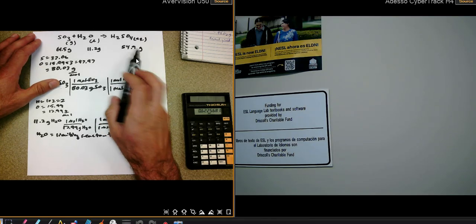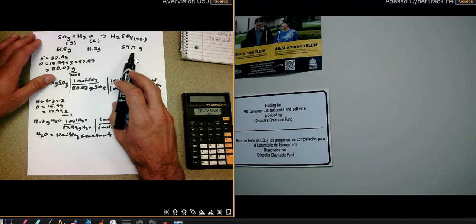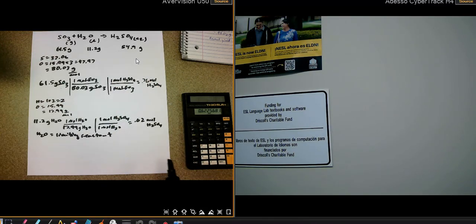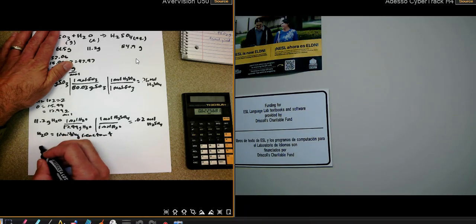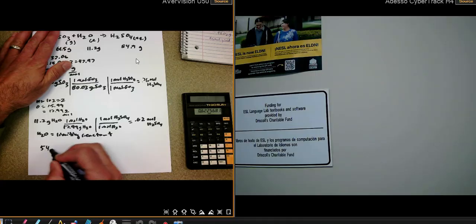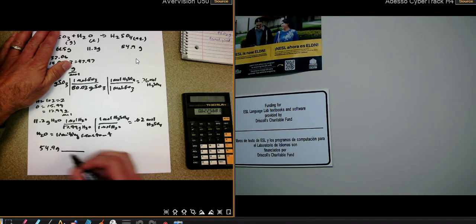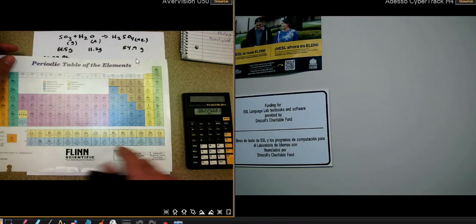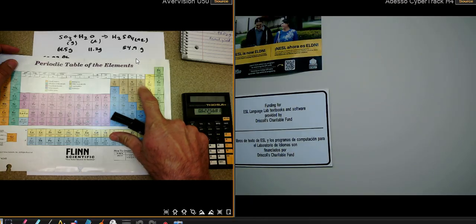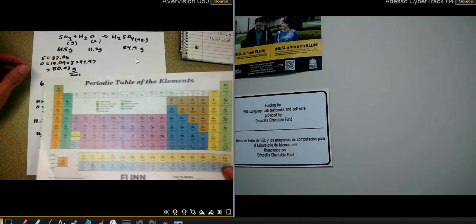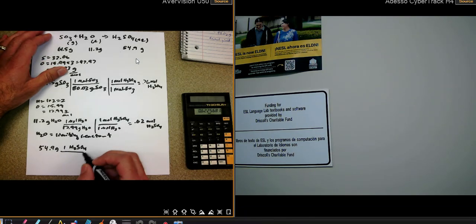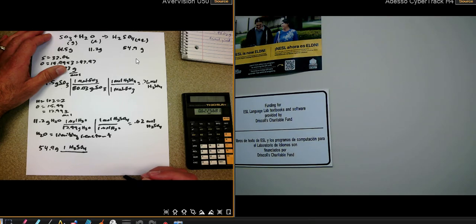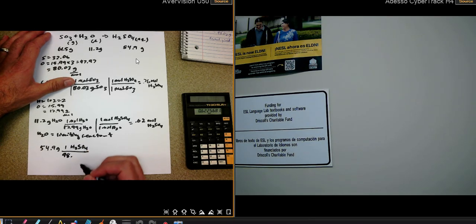So if I end up making 54 grams of this stuff, I got to figure out how many moles that is. I have to compare the mole ratio. So I start with 54.9 grams. So how many grams are in 1 mole of sulfuric acid? Same thing, looking up the S and the O and the H. But I'm just going to skip that step and write in what its molecular mass is, and that's 98.02 grams